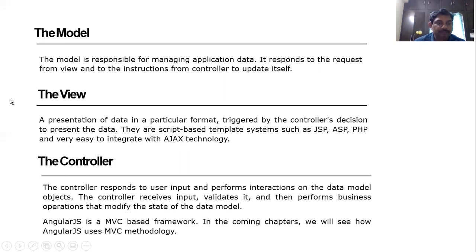Here, the model. The model is responsible for managing the application data. It responds to the request from the view and to the instructions from the controller to update itself. And view is a presentation of data in a particular format, triggered by the controller's decision to present the data. They are script-based template systems such as Java Server Pages, ASP, PHP, and very easy to integrate with Ajax